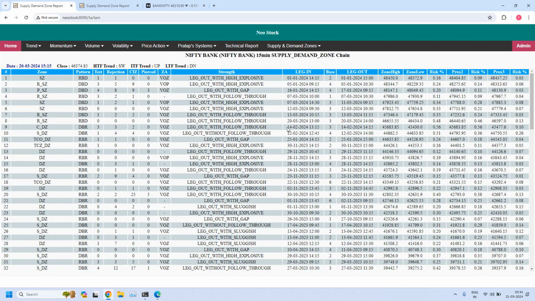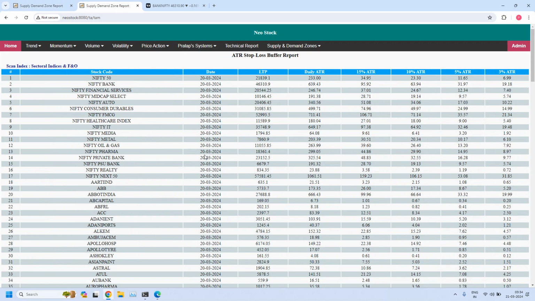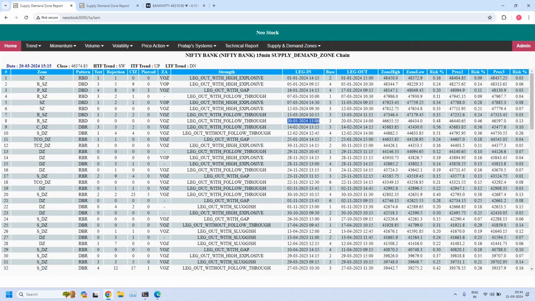When it is created, the 23, 1 o'clock candle, actually it is showing 3 candles. The reason is I have given a huge range in the software for 15 minutes and 5 minutes. That is the reason why it is showing that, but actually it is 2 candles only. Last time also a leg candle was shown as a base candle, leg out candle. I verified. The reason is I have purposefully given a huge range for 15 and 5 minutes. The reason is we need more profits. So that is the reason why I have given huge ranges.